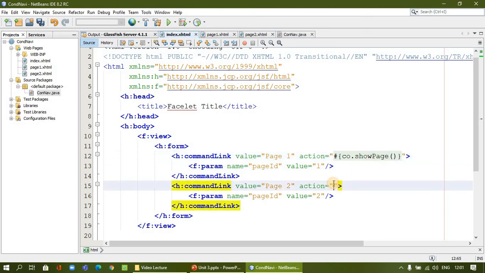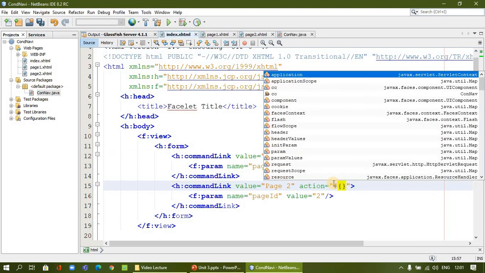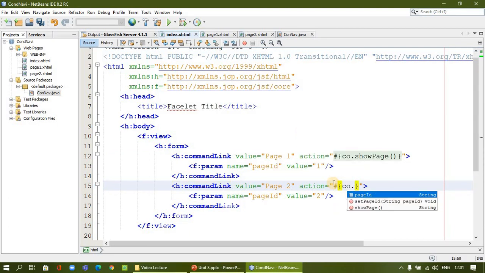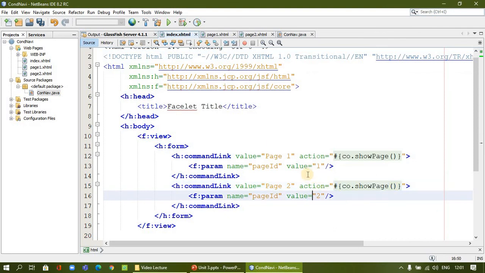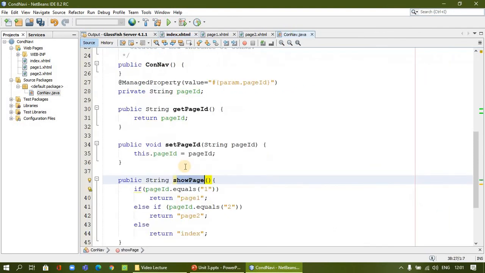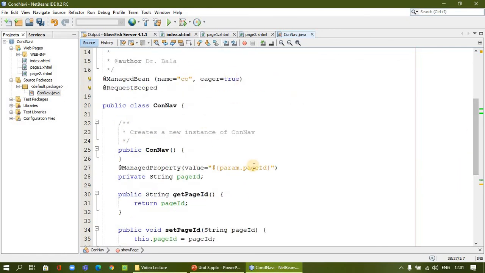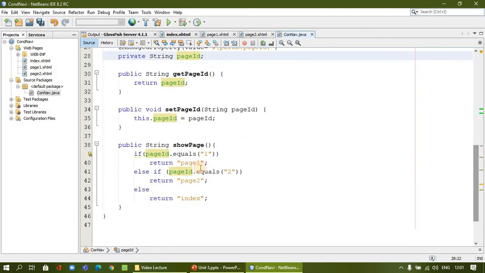The same way, I am going to call our object with the method showPage. If the value is 2, this value 2 goes to the navigation page managed bean through the managed property, and this value will be set for pageID, and pageID is 2 means it will return page2. So almost we did the code.